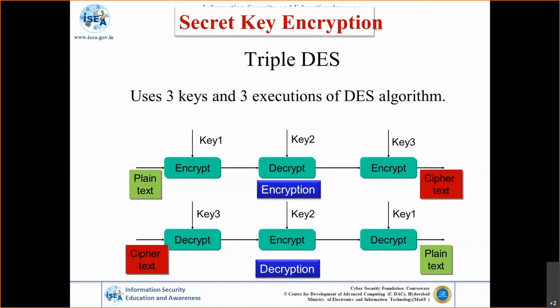The plain text is passed through 3 blocks. Plain text passes through the first block of DES with key 1, then the DES block in decryption mode, and then the third block with key 3, ending up with ciphertext. At the receiving end, the blocks are exchanged: decrypt, encrypt, decrypt, and the keys are also K3, K2, and K1. Though this was popular and many people still use it in packages, the problem is that it adds a lot of overhead, because it is not designed from scratch as a new algorithm, but is an existing algorithm used and cascaded. But definitely it provides better security than the DES algorithm.